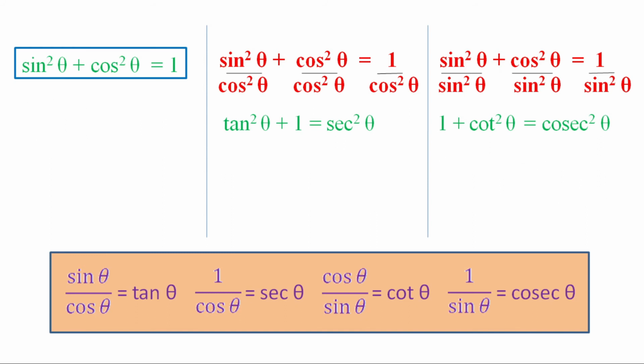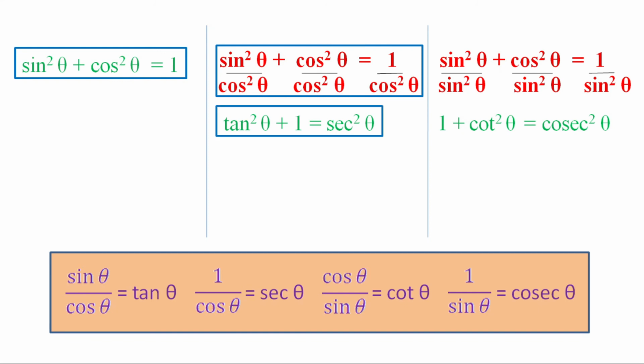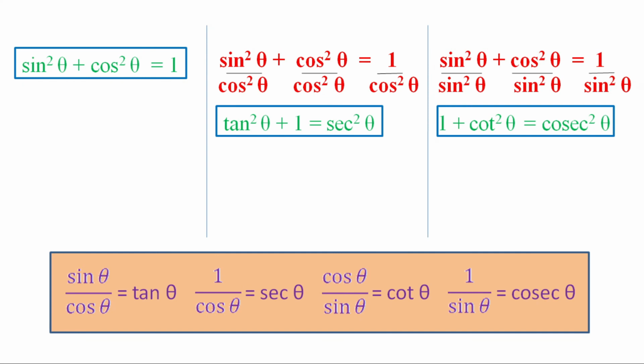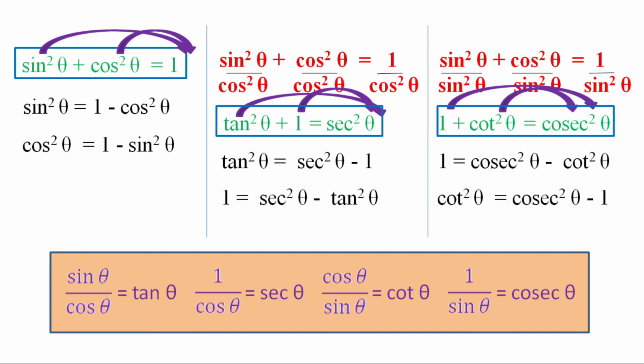If we know sine square theta plus cos square theta is equal to 1, our main identity, we just need to divide our main identity by cos square theta to get our next identity. Then to get the third identity, we just need to divide the main identity by sine square theta. Now if we have these 3 identities, simply transfer terms on the right hand side one by one for each identity to get the other 6 identities, and that's how, just like that, we can get all the identities on our own simply by remembering one identity, that is sine square theta plus cos square theta is equal to 1.